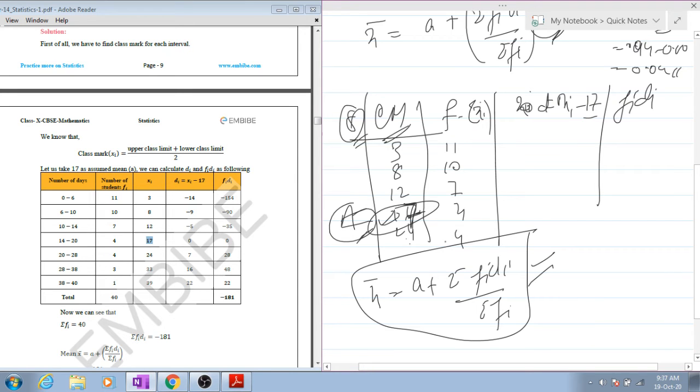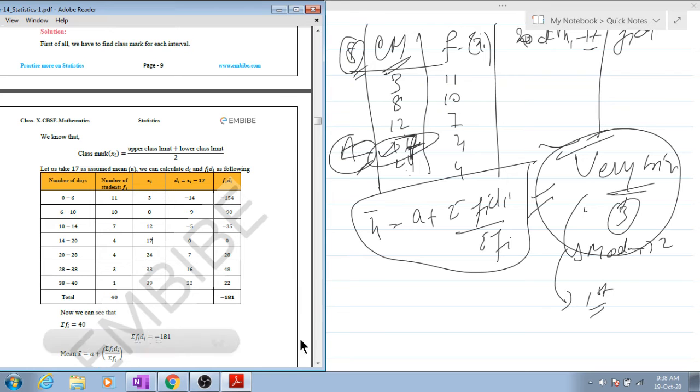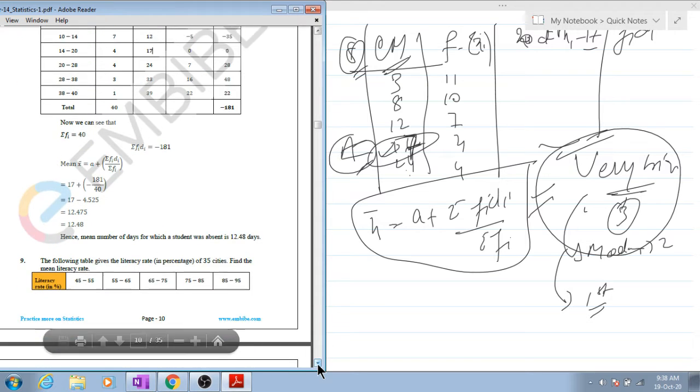Now you say, sir, when to apply which formula? When calculations are very big, you apply the third formula. When calculations are moderate, apply the second formula. When you think calculations are very normal, like adding up 2, 3, 4, 5, then you apply the first formula. This formula came into existence because of heavy calculations, since you're not allowed to use calculators in exams.